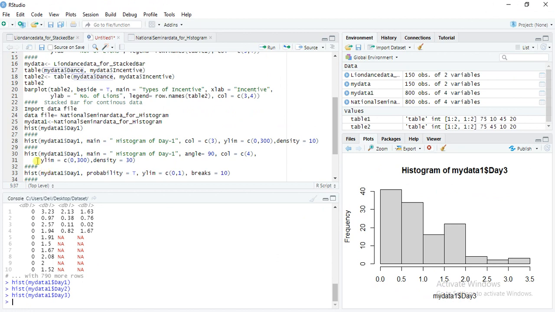So we will give some title to this graph and a color scheme. So what should we do?